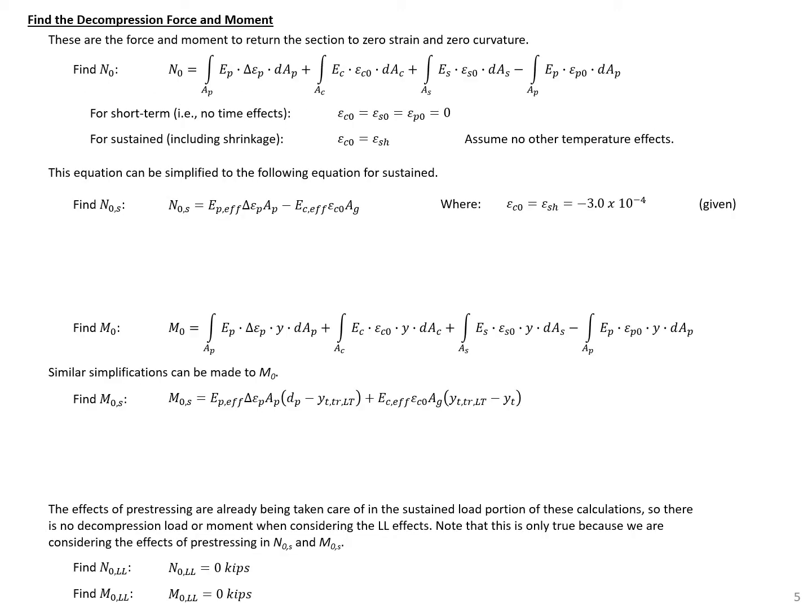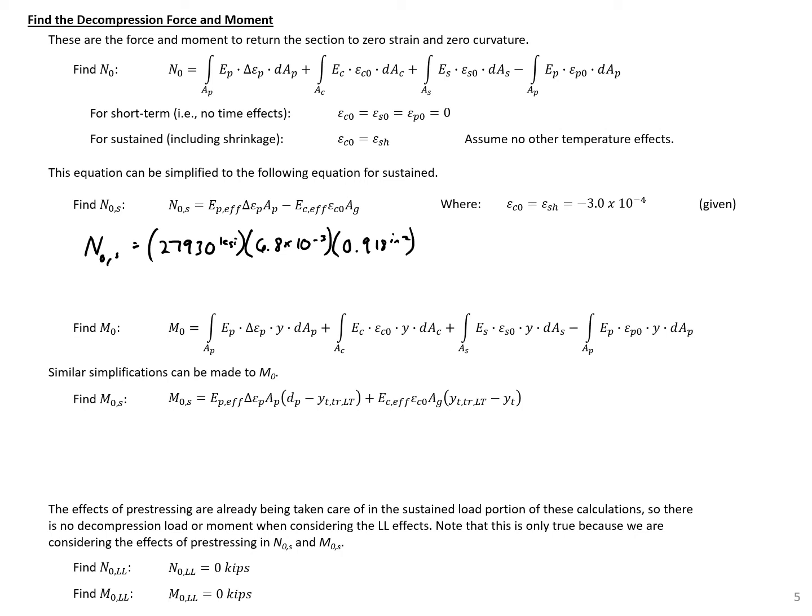Our next step is to find our decompression force and decompression moment using the equations that we had found before in class. So starting with our decompression force, our N naught sub S is going to be equal to our EP effective, 27,930 KSI, times our locked in pre-stressing strain, 6.8 times 10 to the negative third, times the area of our pre-stressing, 0.918